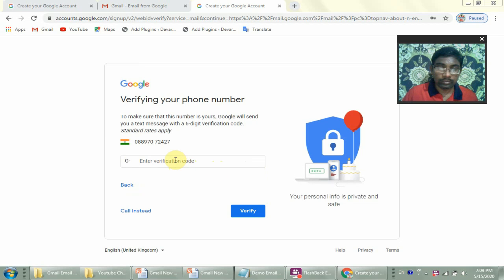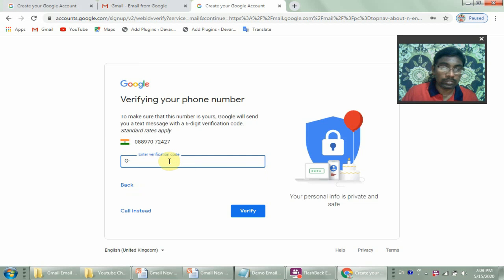Here please enter the verification code that Google has sent to your mobile. Check your mobile. I am typing the verification code here, 457267. Okay, friends, now I have typed it.